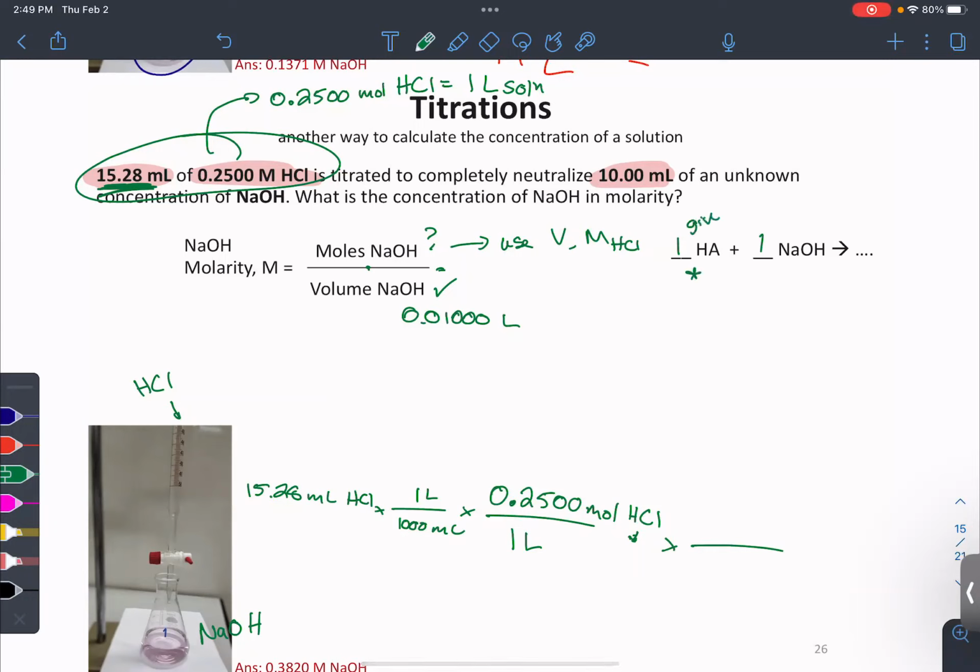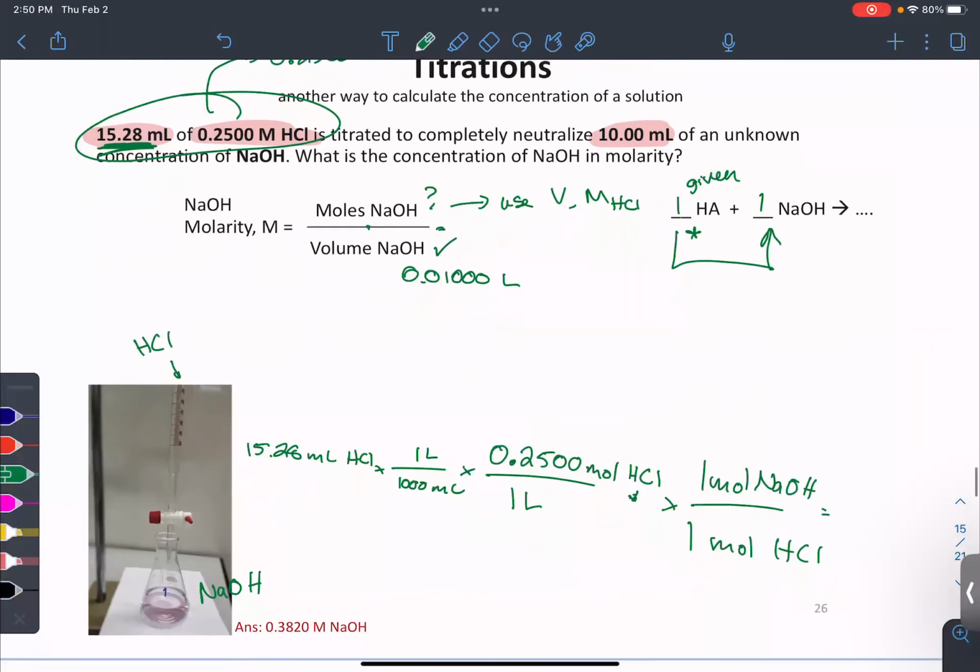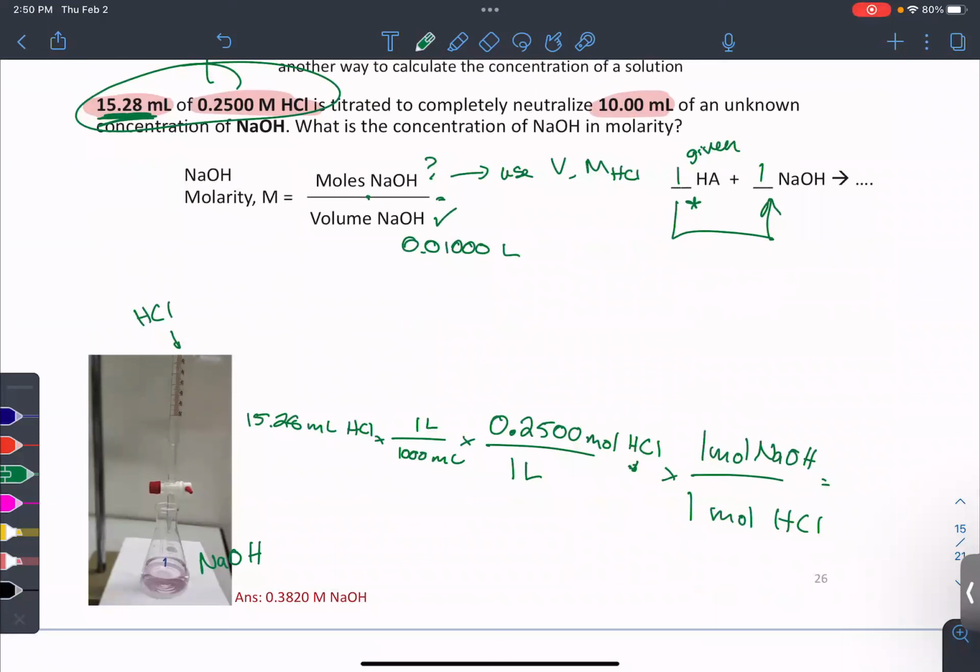We're given HA, but we want to go to sodium hydroxide. So our stoichiometry is just 1-to-1. So 1 mole of HCl is 1 mole of sodium hydroxide. And so doing that, you get a new mole amount of sodium hydroxide, and that's going to be our numerator. So the mole amount here is 0.03820 moles of sodium hydroxide